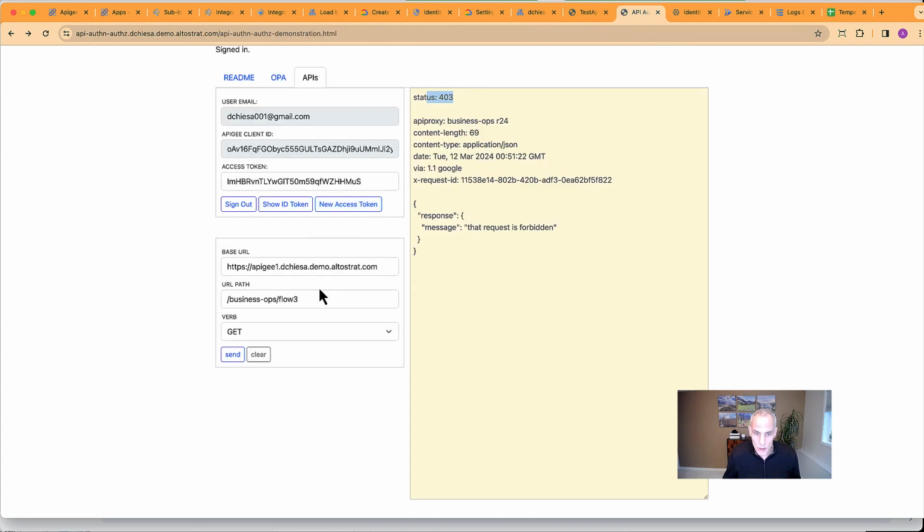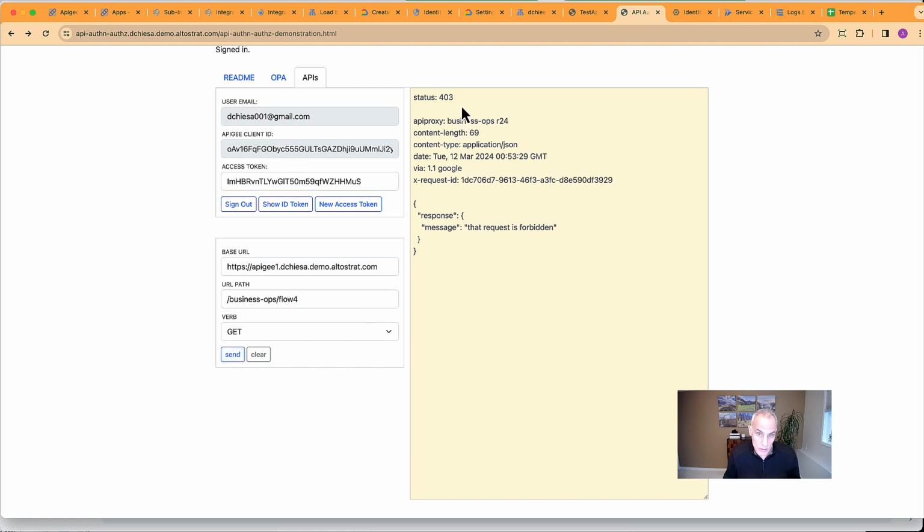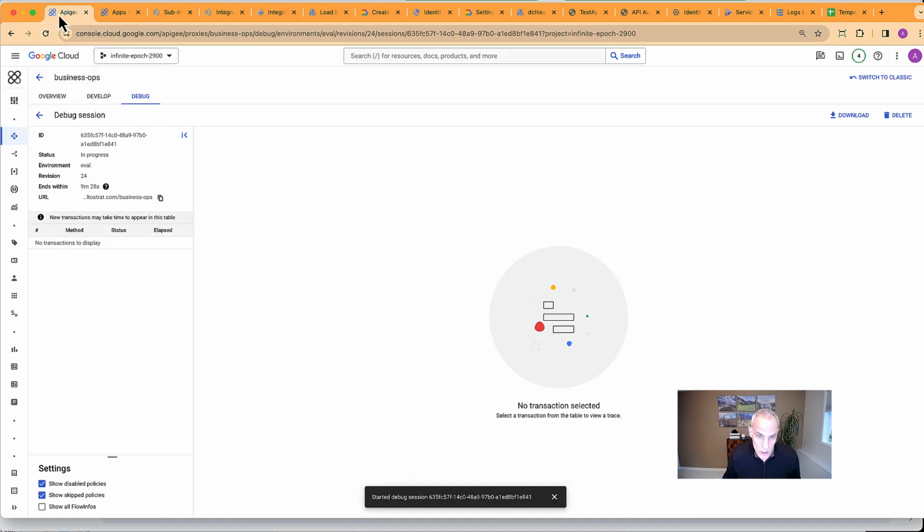So now back to the user experience. We've got our access token. Let's try performing a get on business flow 4. And if you remember, that's still denied according to the OPA rules that we saw, whereas business flow 1 should be allowed, and it is. So flipping back to the trace in the Apigee window,